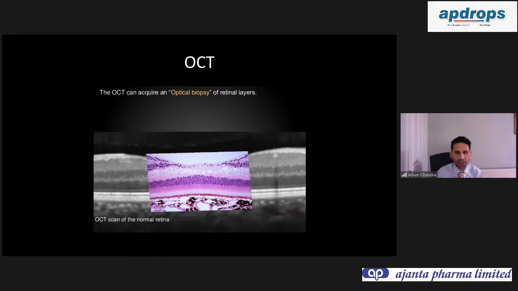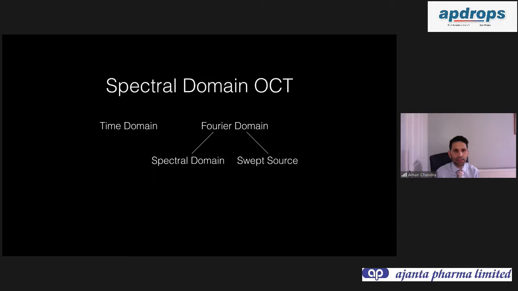And I think this description of an optical biopsy is a very nice description of what happens. And here's a histological picture, and you can see the image you get really does map out what you might see if you were to take a biopsy of the retina. Now, there's essentially two types of OCT,